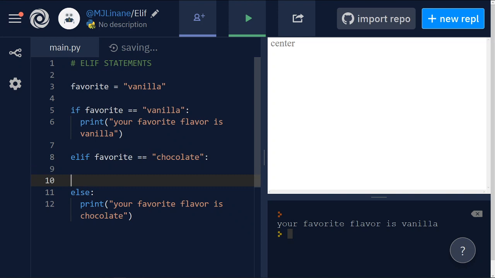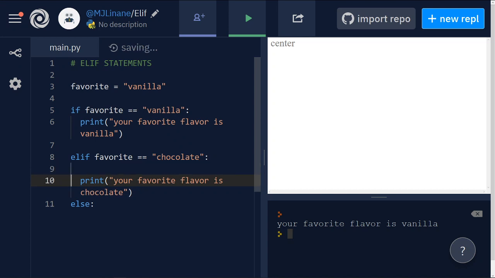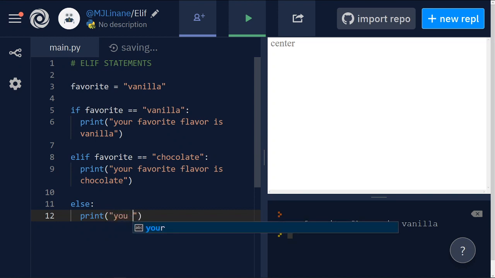Okay. We can take this line and we can move it right up. I did that by pressing Alt up arrow on my keyboard. If you select a line on REPL and hit Alt up and down arrow, you can move a line around. So I just moved that right up. Okay, so if favorite flavor vanilla, elif favorite flavor chocolate, and else we can simply say something like